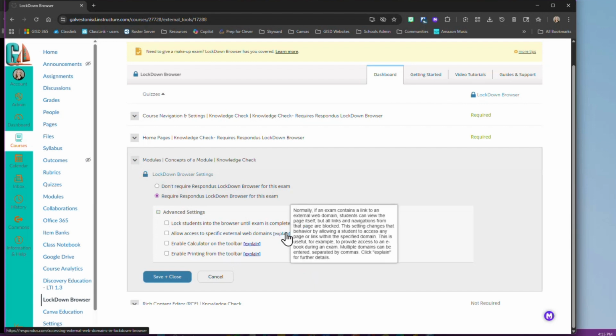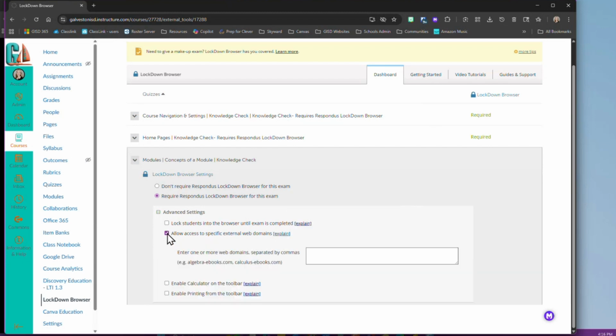If I go to this one, it'll tell me allow access to specific external web domains. So let's say that you want them to be able to access a certain site. You can check this, and within Lockdown Browser, when they're in their test, if you put in a site here, like maybe it's a book that you want them to get to, or whatever resource you think they should be able to go to while they're in their test as a reference,